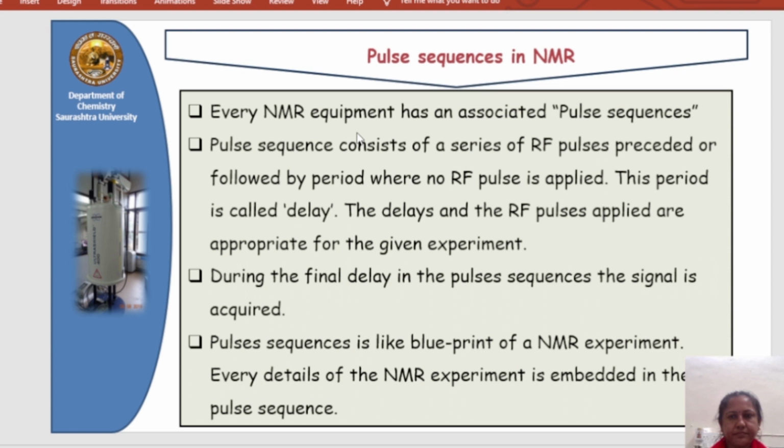What are the steps and what are some of the important parameters for recording the NMR spectrum? First, let us discuss the pulse sequences. What do we mean by pulse sequences? Many spectrophotometers are available commercially with default pulse sequences, but if we don't know the function and importance of pulse sequences, then due to some changes in the pulse sequences, results may be affected, and we cannot get the exact result.